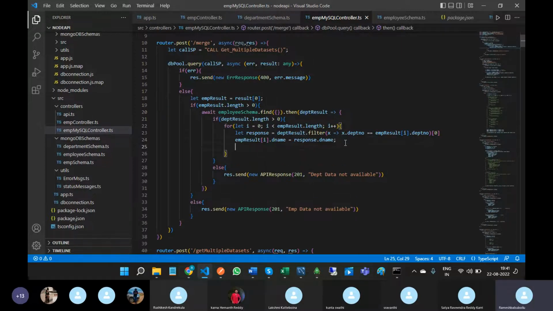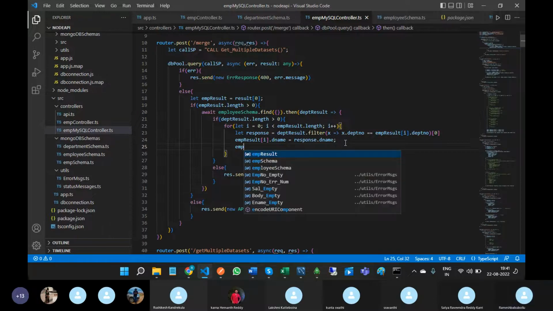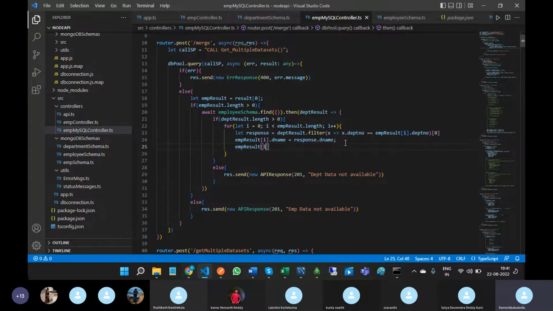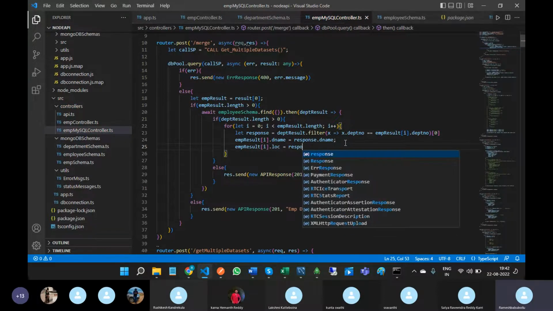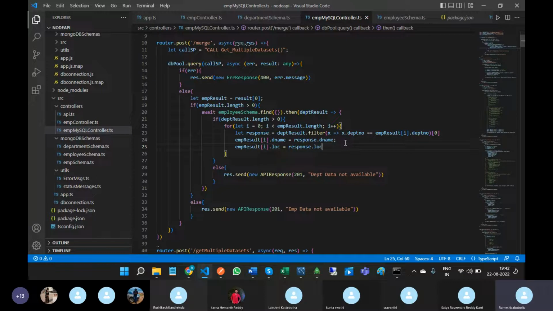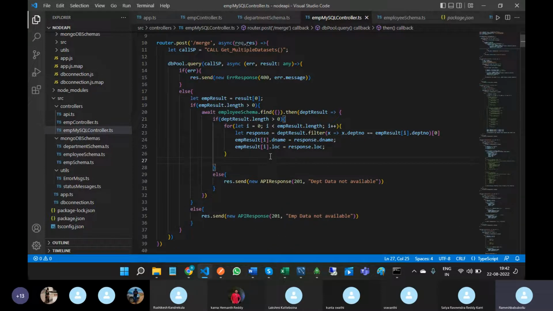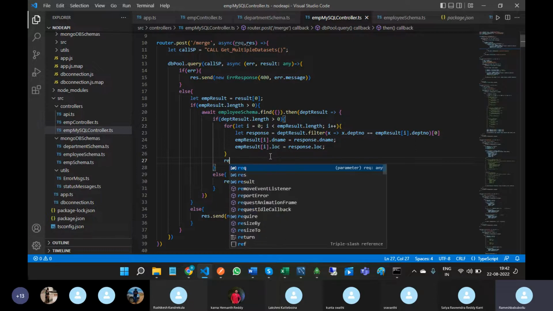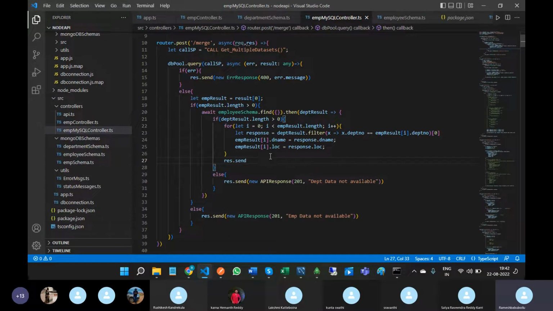Then emp result of i dot location equal to response dot location. After iterating the for loop, just send res dot send new API response, and 200 success,